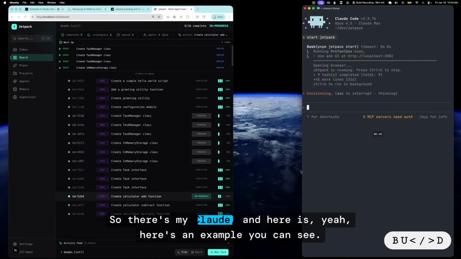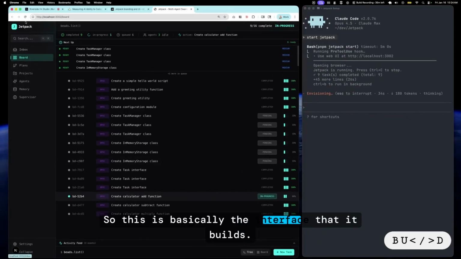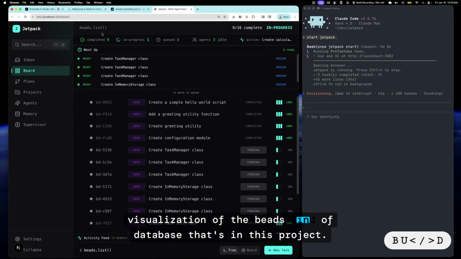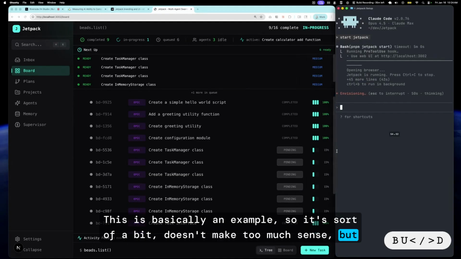So there's my Claude, and here's an example you can see. This is basically the interface that it built. And the whole idea, as I was saying before, is that you can see this is a visualization of the Beads kind of database that's in this project. This is basically an example, so it doesn't make too much sense, but you can see